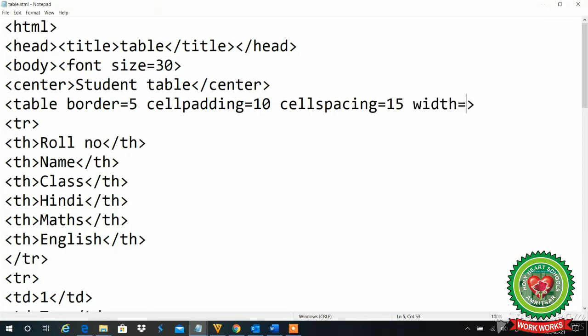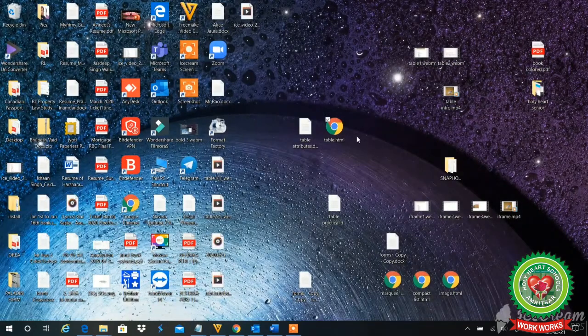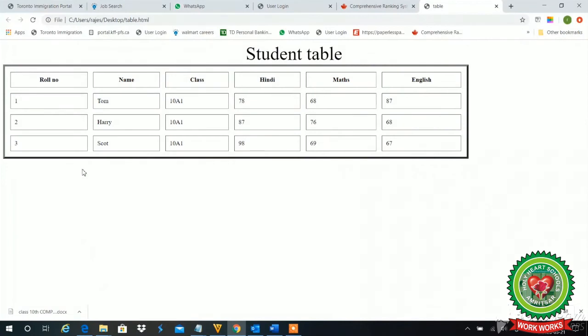Let's suppose I want 80% of my screen to be occupied by my table. So, I have given width is equal to 80%. I'll save my work, I'll close it and see. Now, width wise, my table occupies 80% of my screen.